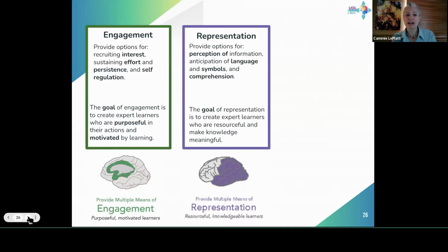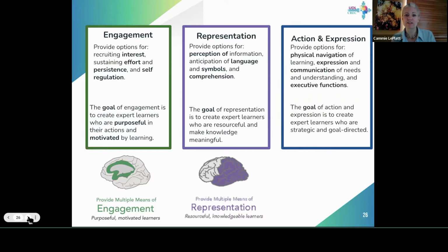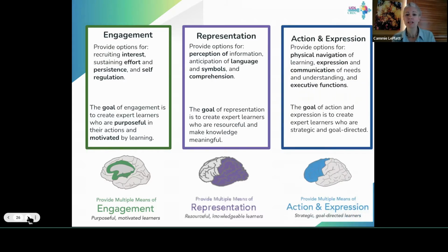And then the last one is the action and expression. And again, we want to provide the choices, the options for them, to students to make a choice, giving them a voice and a choice for that physical navigation of learning and expression and communicating their needs and understanding, which then links into all those executive functions that then again brings in the social emotional learning naturally within this, because they have to be